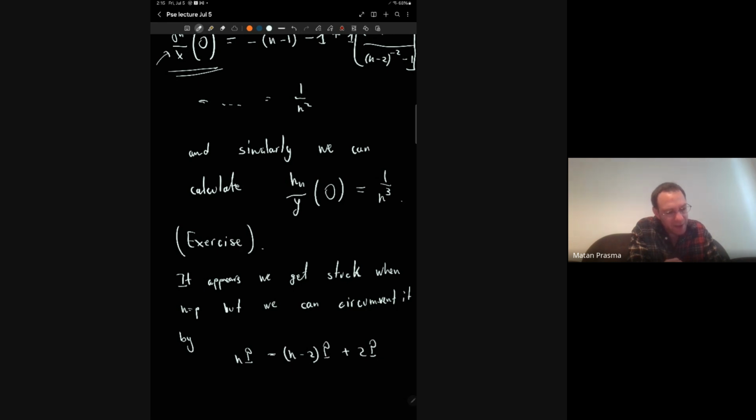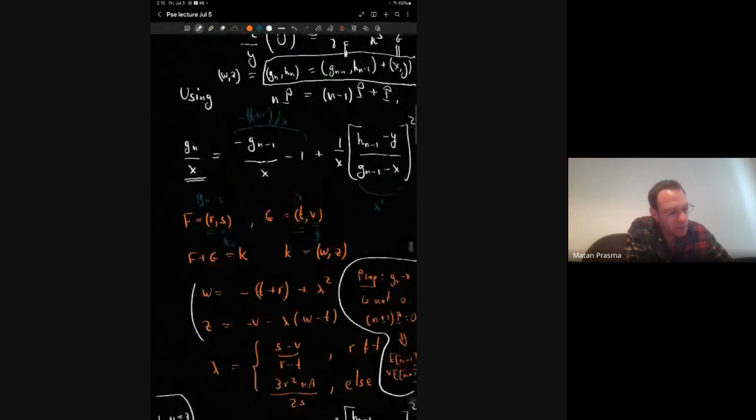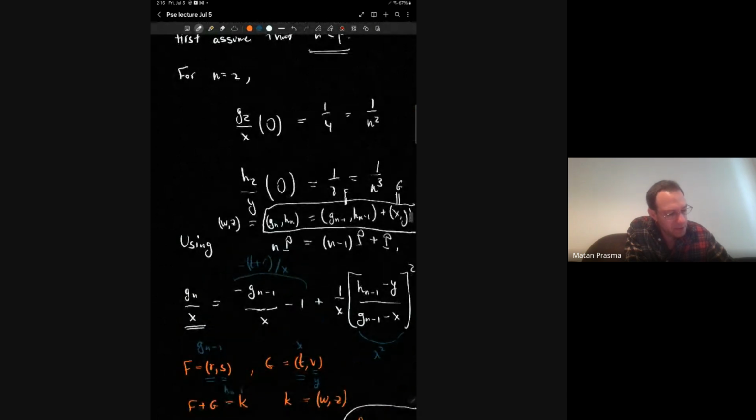So then I can skip n equals p, because I do the same thing that I did here. I open up these formulas here. Instead of x, y, it's going to be whatever the formulas are for doubling the point x, y. And then, since I know by induction the claim is true for p minus 1,